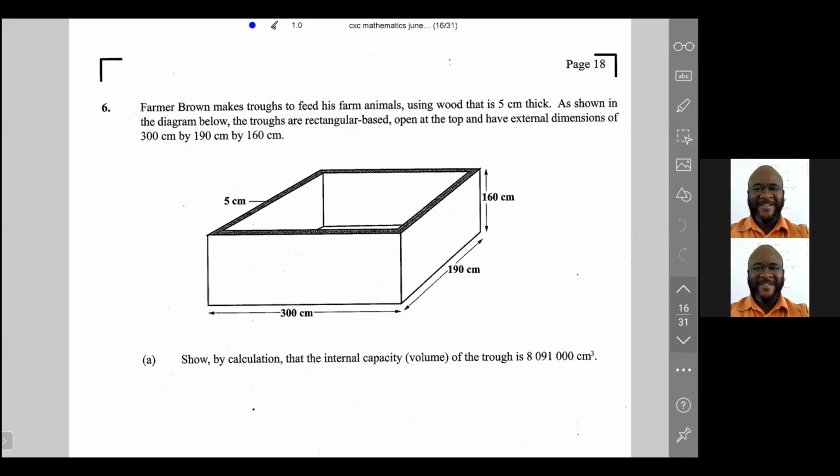Question number 6 says, Farmer Brown makes troughs to feed his animals using wood that is 5 centimeters thick. As shown in the diagram below, the troughs are rectangular based, open at the top, and have external dimensions of 300 centimeters by 190 centimeters by 160 centimeters. By calculation, show that the internal capacity of the trough is